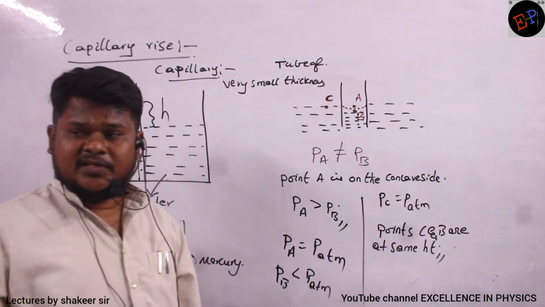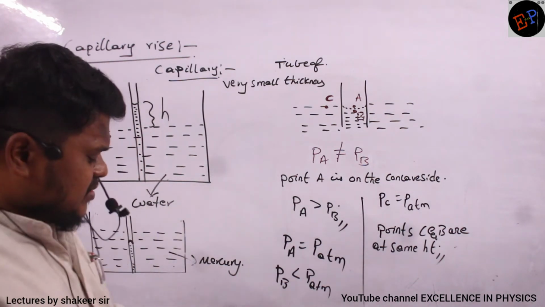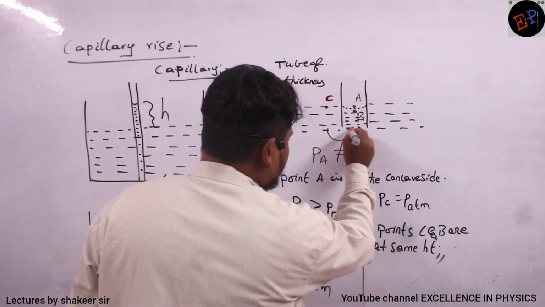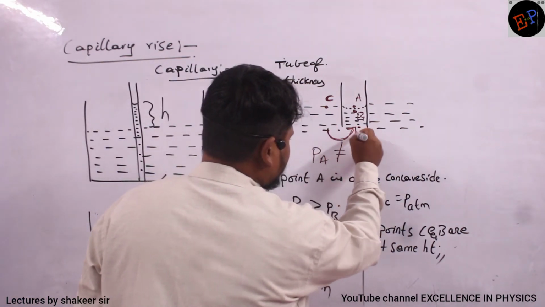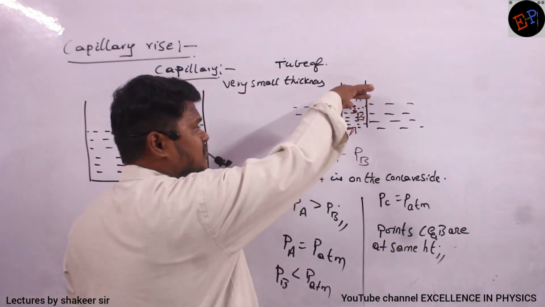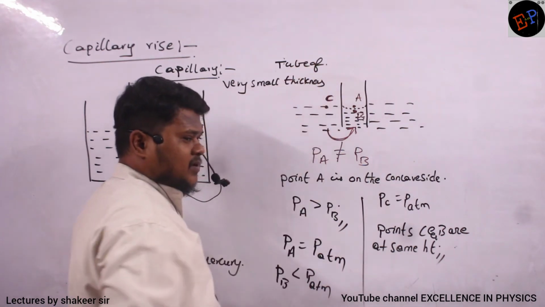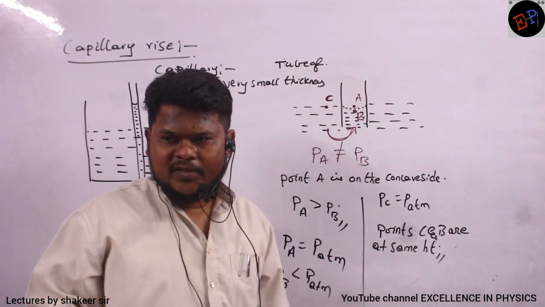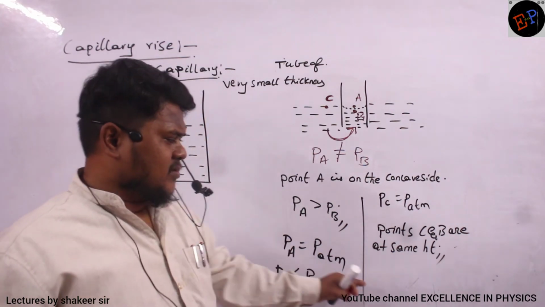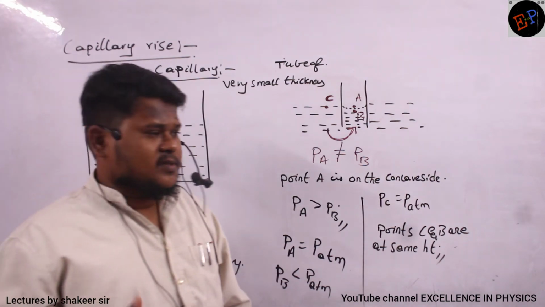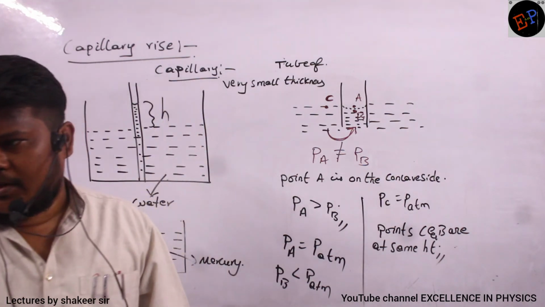So if pressure difference is there, what happens? If pressure difference is there, water enters from the higher pressure region to the lower pressure region. So therefore what happens? The level of the liquid will rise. Are you able to understand the sequence of steps, what is happening? You need to understand this theory part, because questions can be asked on theory also. Otherwise, just by hitting formulas, I don't think we can do this concept.